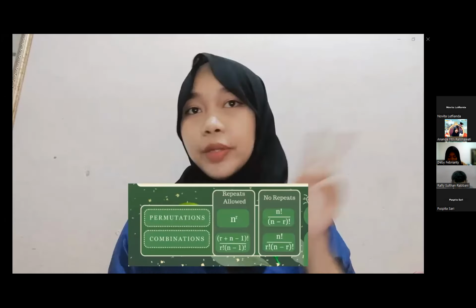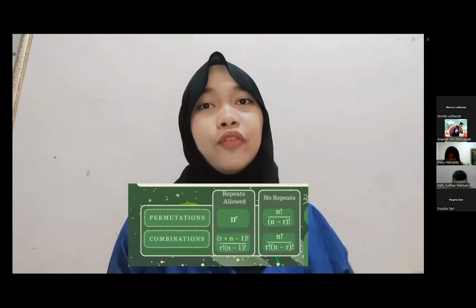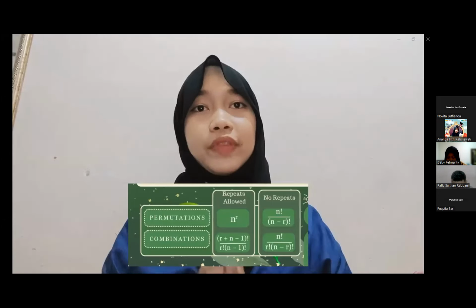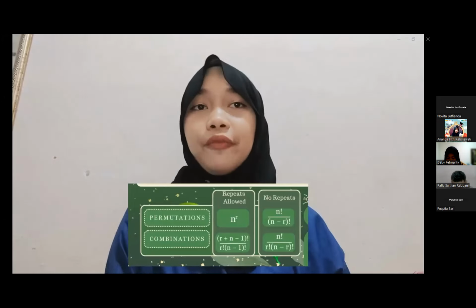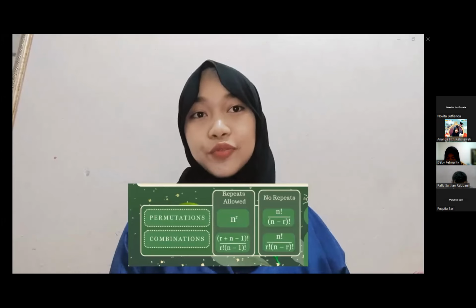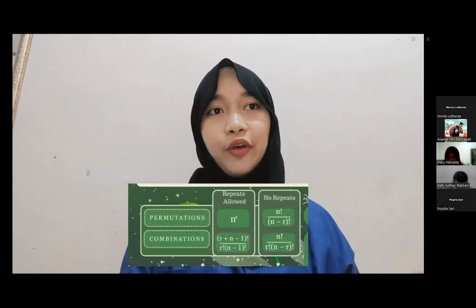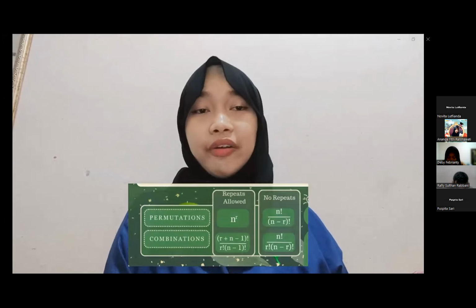Next topic is combination. There are also two types of combination. Remember, the order does not matter now. 1. Repetition is allowed, such as coins in your pocket. And 2. No repetition, such as a lock with 3 numbers. Combination with repetition, the formula is written as the factorial of the sum of r and n minus 1, divided by the product of the factorial of r and the factorial of n minus 1, where n is the number of things to choose from and we choose r of them. Repetition allowed, order doesn't matter.